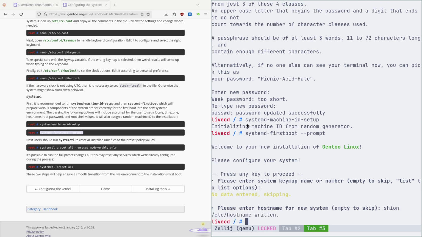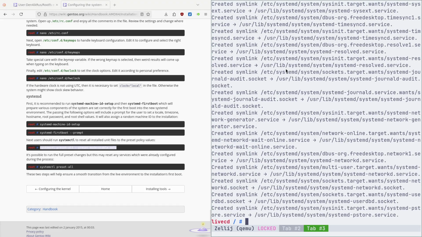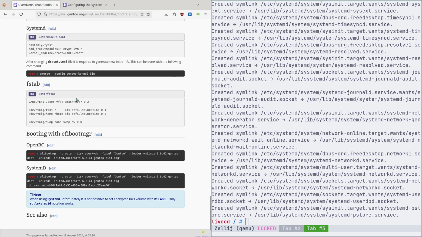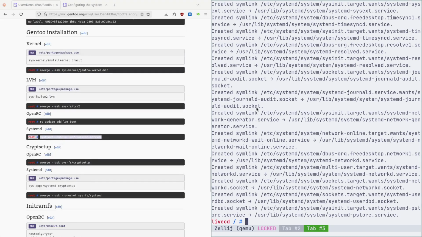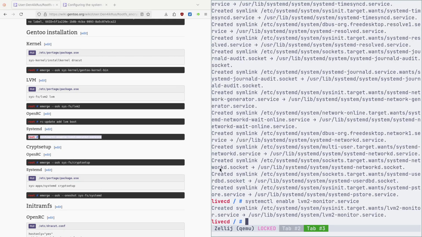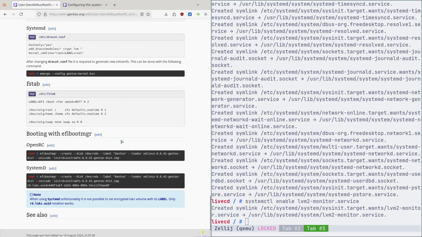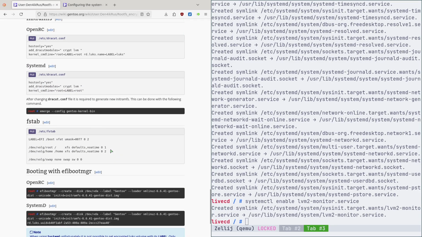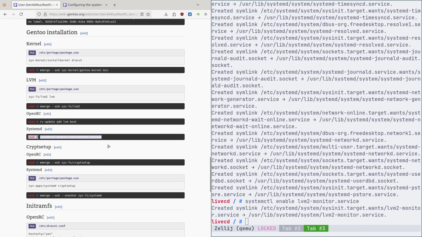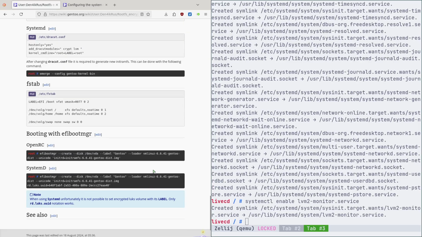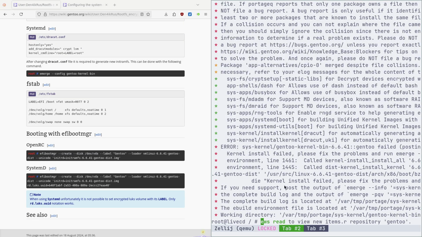I'm gonna call it like that. And also run that. And after this, we can enable our LVM service. Okay, and that's basically almost everything we need to do for systemd, but there is one more thing. And because I'm running in a serial console,